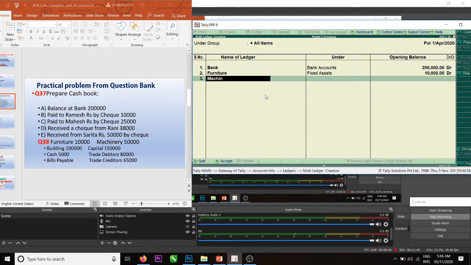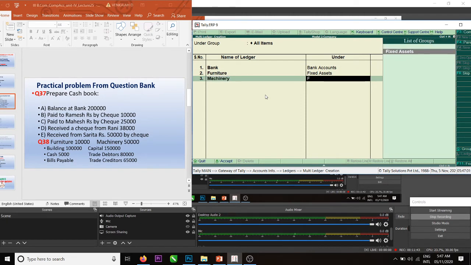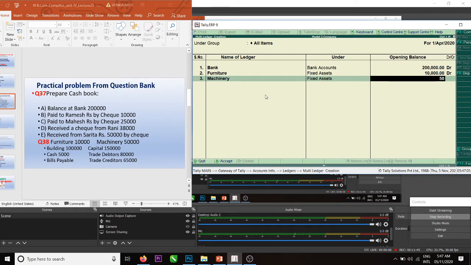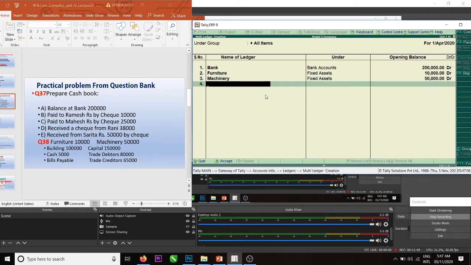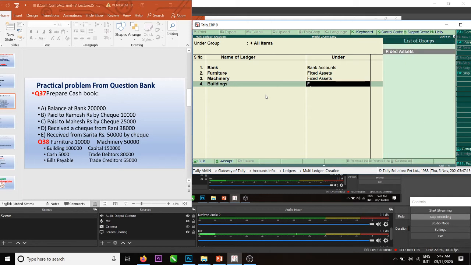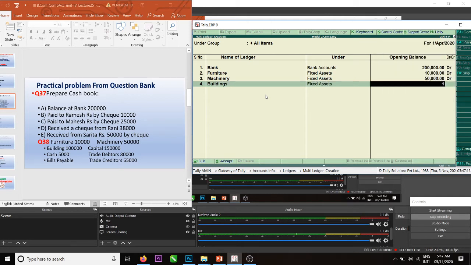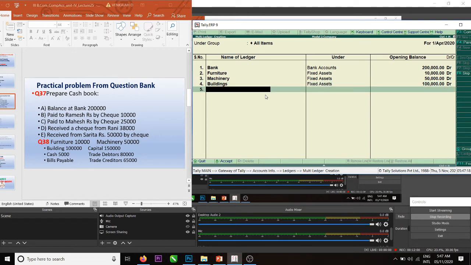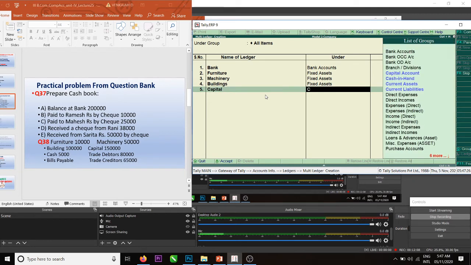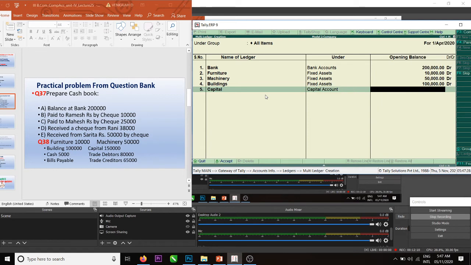Machinery, under fixed assets, 50,000. Buildings, under fixed assets, 1 lakh. Capital, under capital accounts, amount is 1,50,000.